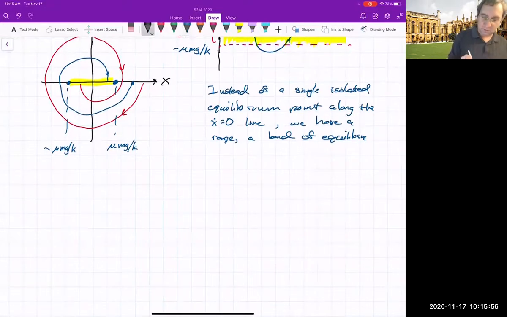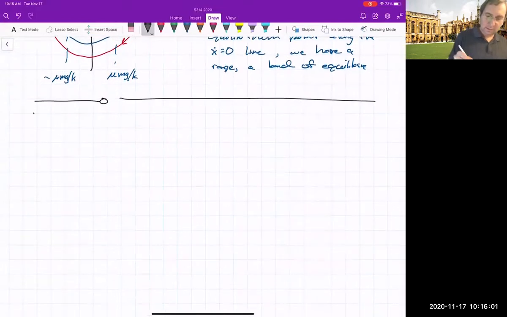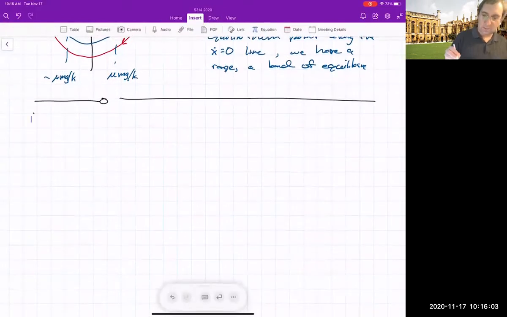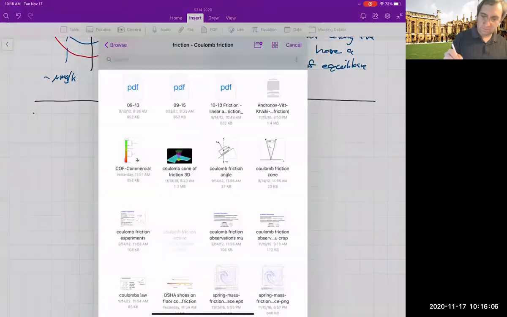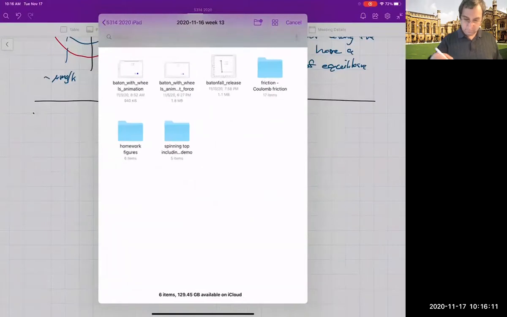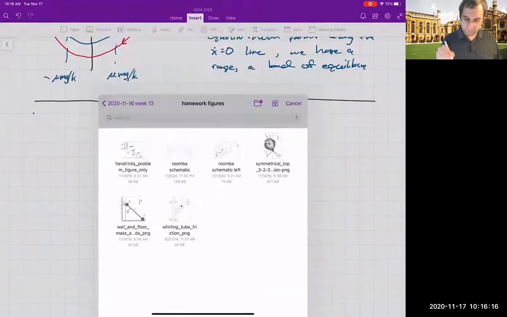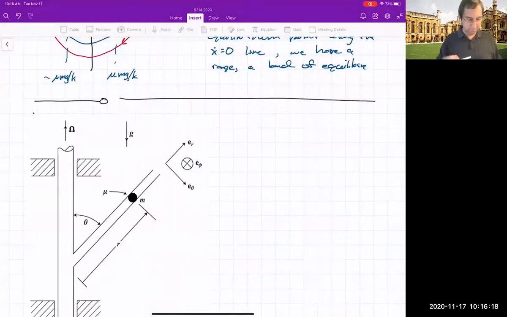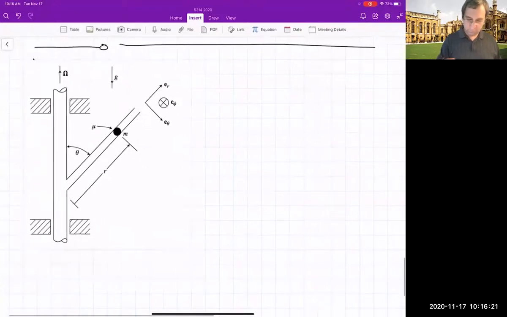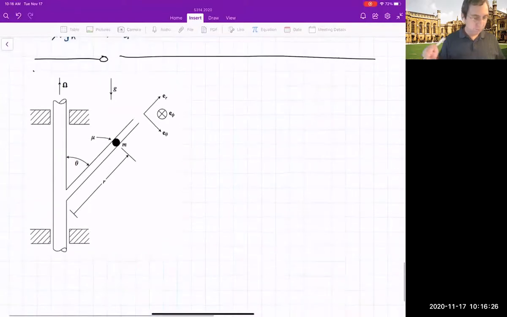How about other exotic situations? So here's an example: the whirling tube with friction. So we've seen the whirling tube problem, but I think before we didn't consider friction. If you now have the whirling tube with friction,